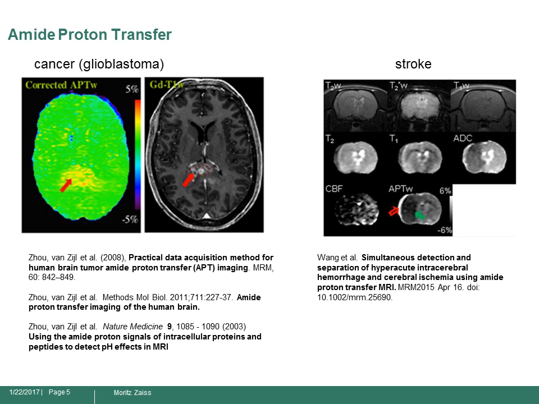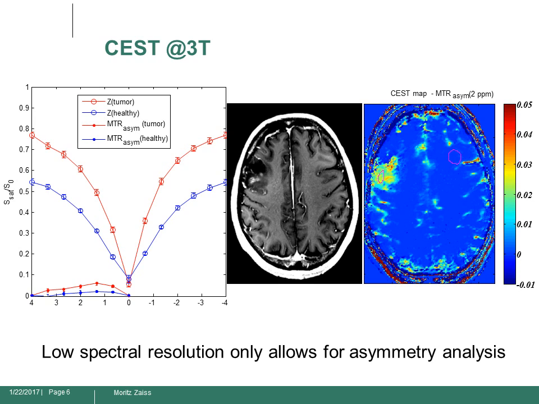So what you see here is that with lower pH, the APT quenches, and you get a signal loss in the infarcted region. So the big issue about this so-called amide proton transfer is that, especially if you do it at low fields, as I showed you, there are many different effects overlapping, and at low fields these peaks get very broad, and you can just do this asymmetry analysis and see just a plot. This is a plot of the asymmetry, and you just see that this is a mixed signal of different